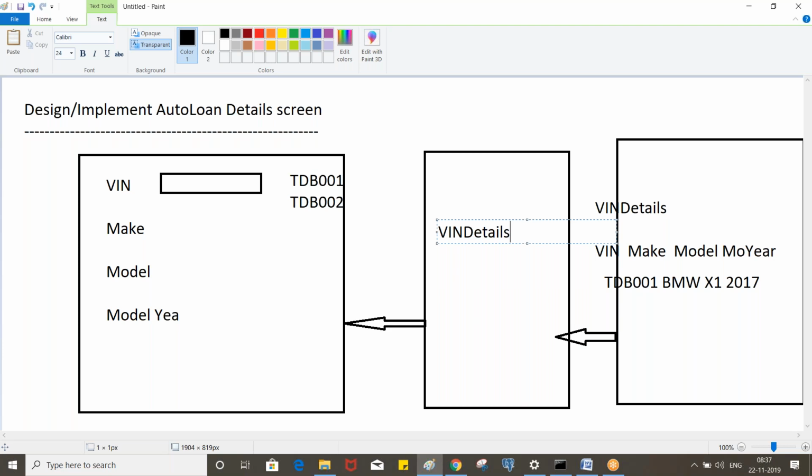Now create an activity and invoke it somewhere, either on change of the VIN property or on click of submit, let's say on change of the VIN property. Whenever you change the value, the corresponding activity will be executed, and whatever value you select will be passed to the data class, and it will fetch the corresponding details, and we need to map them to the make, model, model year properties using Property-Set. Obj-Open to fetch, Property-Set to map it. Clear? Yeah. So now note down step by step.